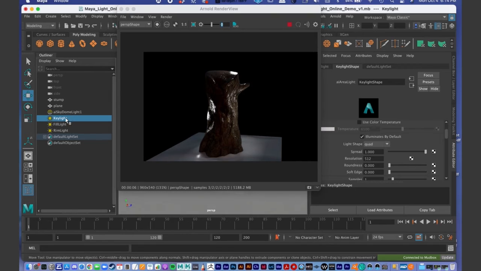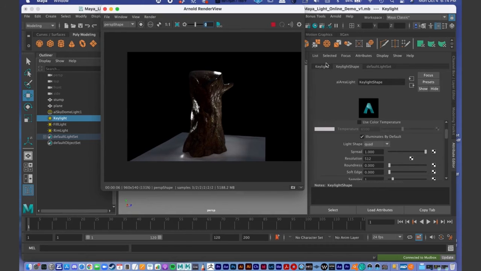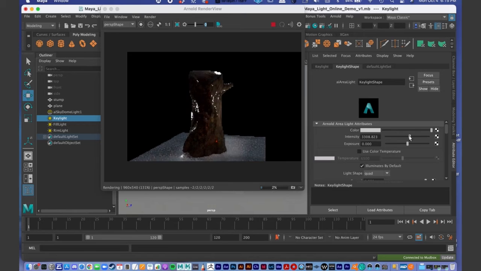So I'm going to select my key light, which I named right over there. And so now in the attribute editor, next to the key light, we can change the intensity. And you can see here in Arnold, it's going to change in real time. So this adjustment is going to be pretty easy to make. And again, this thing looks super disturbing right now, but we're going to fix that. So the fill light, I'm going to increase the intensity there some. And I might need to add in a few more lights into this scene just to kind of continue to fill it out. I can also select my sky dome